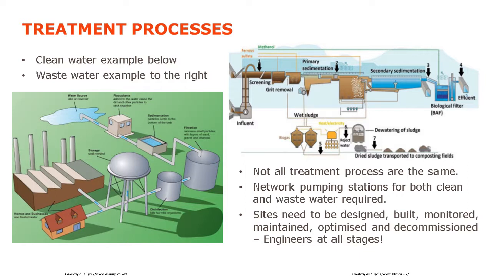It then goes on to a primary settlement stage where the sludge is drawn off and the effluent weirs over. You then have some secondary treatment where the bugs are there to eat the nastiness out of the effluent. Then it goes on to some further secondary settlement where some further sludges are drawn off and the effluent weirs over, and there's a final polishing stage in this particular example of some extra filtration before it's then deemed safe enough to go into the local watercourse.